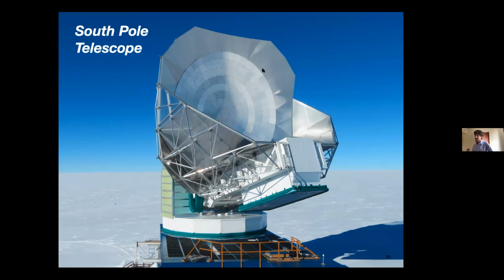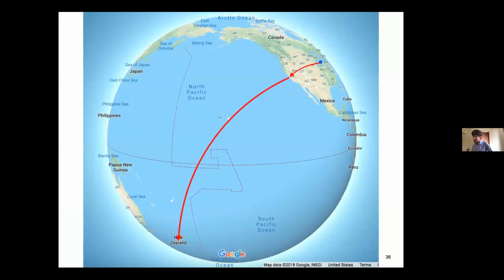This is a 10-meter microwave telescope that's located at the South Pole. So when you're interested in doing these kinds of observations, the first thing you need to do is you need to fly there. You need to get there. So we go on these very long flights from Chicago, sometimes transferring through San Francisco, and eventually